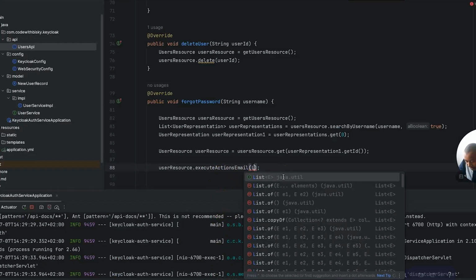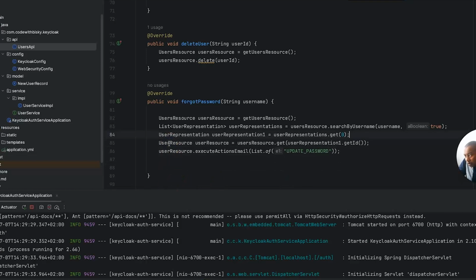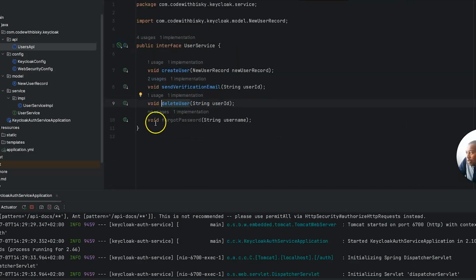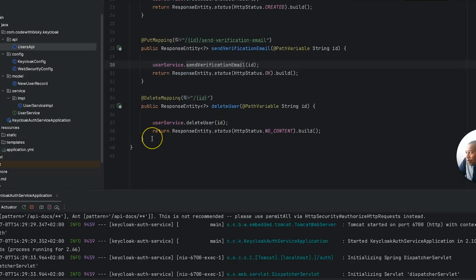So we just say list as usual of, I'll just say update password. By doing this, we can send this update password email to this user, which is an email address here. So let me do this, and I will just come here, and where this method is being called in our API, we want